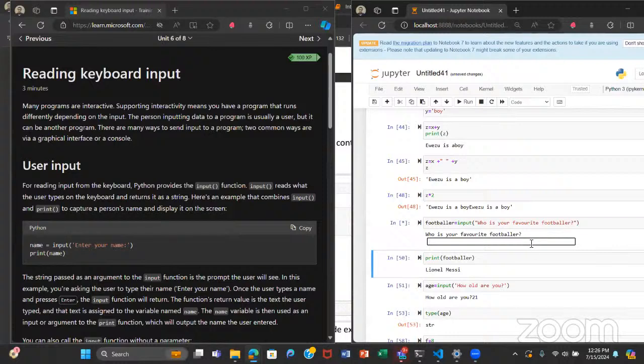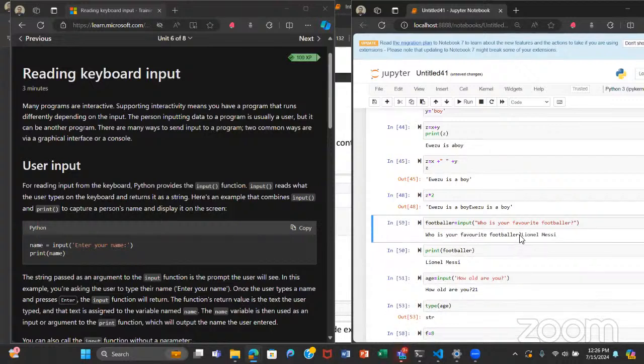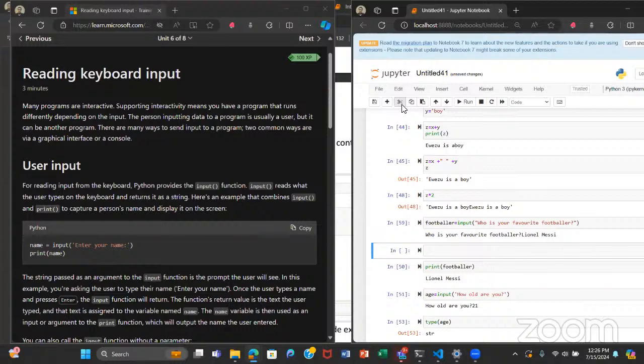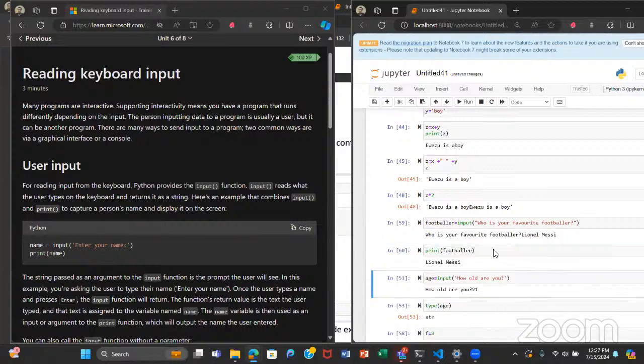In VS Code or Spyder, it just pauses and then you type under this prompt, which is who's your favourite footballer. But here in Jupyter, it gives a bar where you can type. So you just come here and type, boom, it has gotten that value from the user. And if you check what is in this variable, you see that value there.